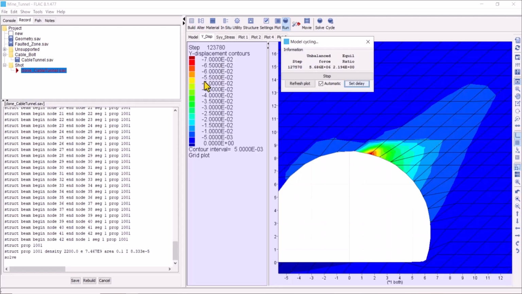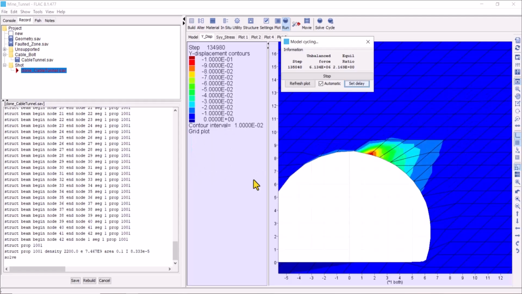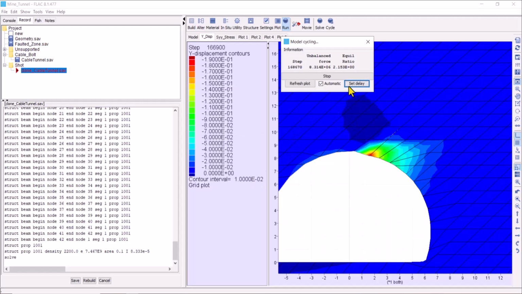Okay, 7 centimeters. It's not good, and we don't have stability of the tunnel with the shotcrete element. It is so strange because in FLAC 9 we had stability with 10 centimeters thickness shotcrete, and it's so to say strange. Okay, we stop the running